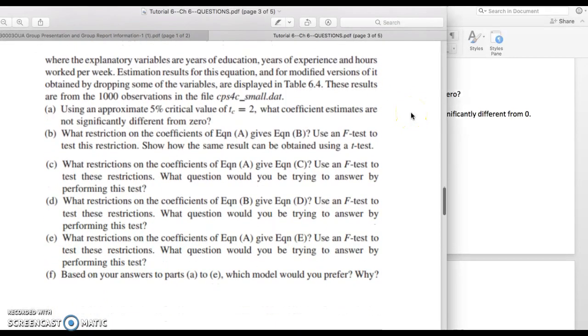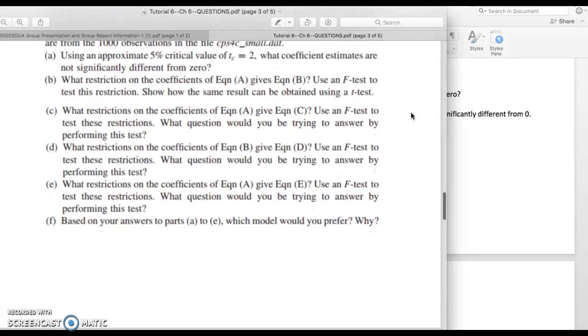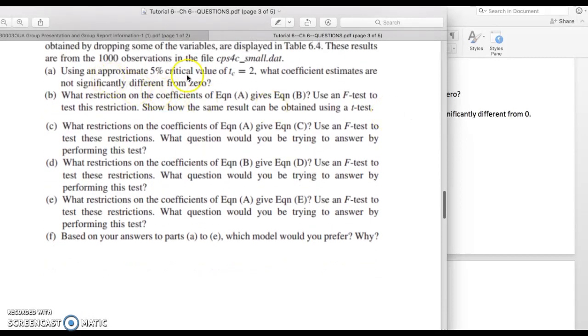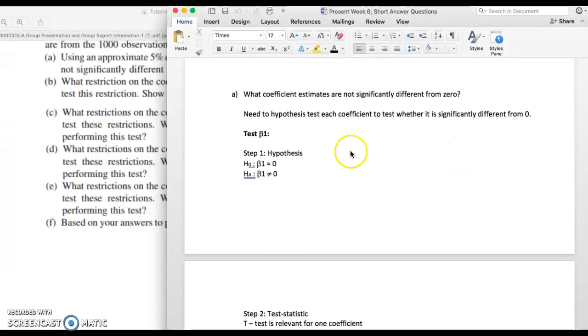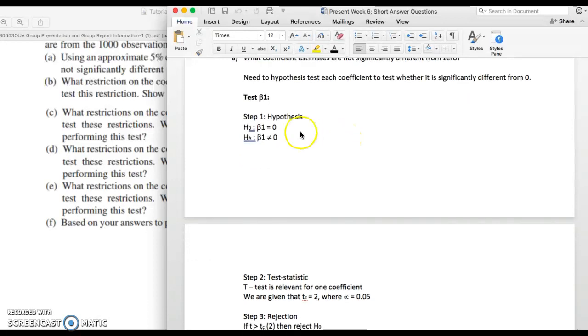So first of all, question A is basically running through using an approximate t critical value of 2. What are the coefficient estimates not significantly different from 0? So to do that, we're going to have to hypothesis test each value, each of the betas. So first of all, we're going to test B1, and to run through that, we've got a standard hypothesis test,